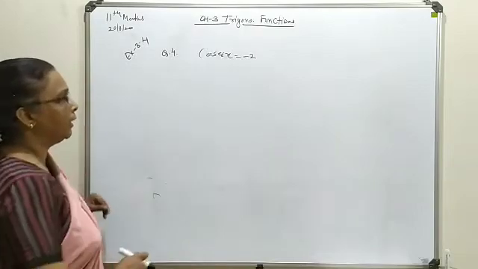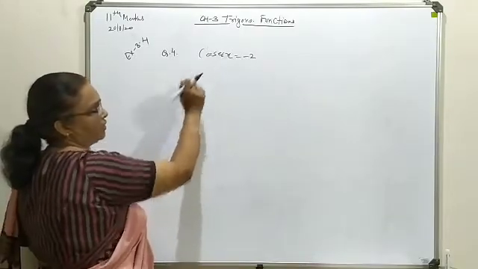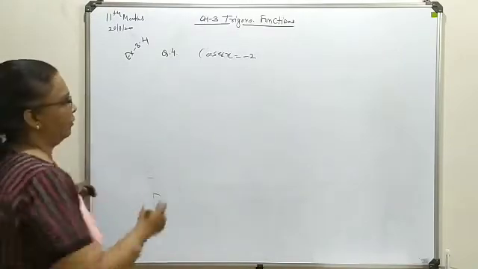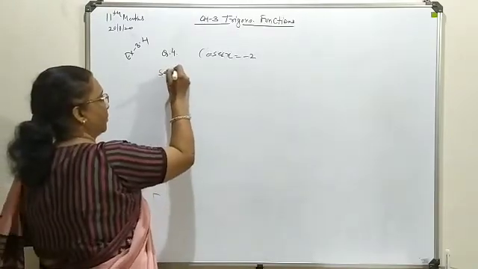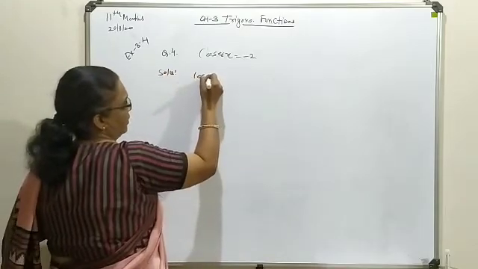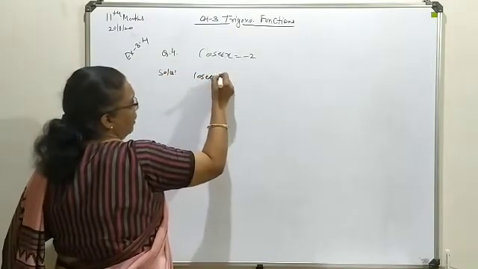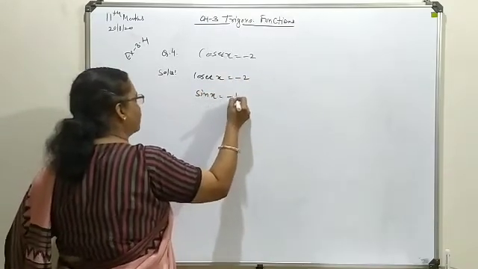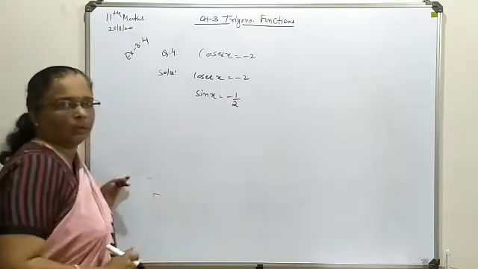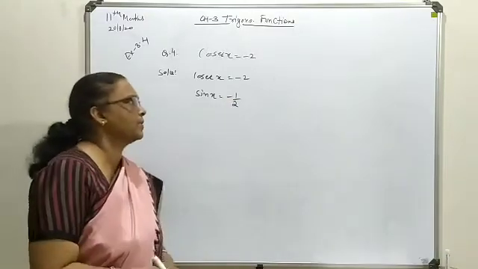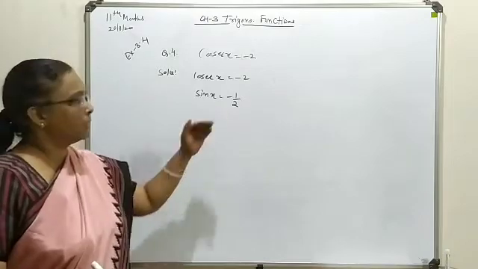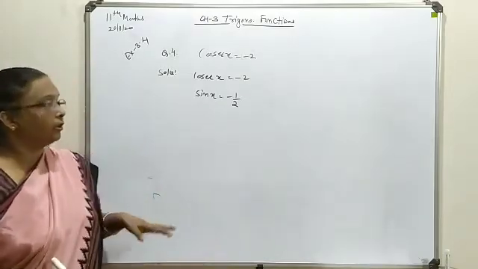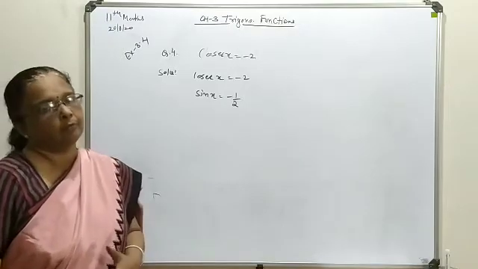So first of all, we go for conversion of this cosec into sine, that is the reciprocal form. So let's start the solution with the reciprocal form. Here it is cosec x is minus 2. So obviously the sine x will be minus 1 upon 2. Now we will think about this sine with negative value. So here negative sine is possible when you are in the third quadrant and in the fourth quadrant.